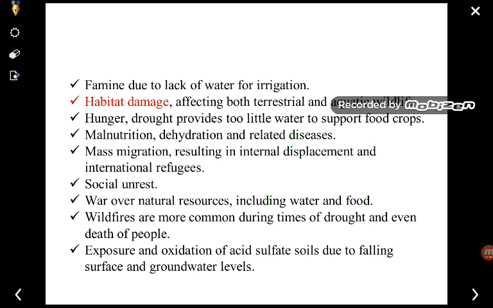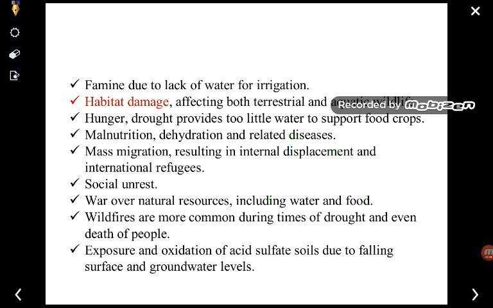Next is habitat damage, affecting both terrestrial as well as aquatic wildlife. दोनों ही habitat का damage takes place करेंगे. Next is hunger will take place. Next malnutrition takes place होगा. क्यों, क्योंकि अगर फूड ही नहीं है तो फूड एक प्रॉपर डाइट में नहीं जाएगा और इसके कारण क्या होगा, malnutrition will take place. Mass migration, people used to migrate from one place to another because of the shortage of food. Social unrest होगा,